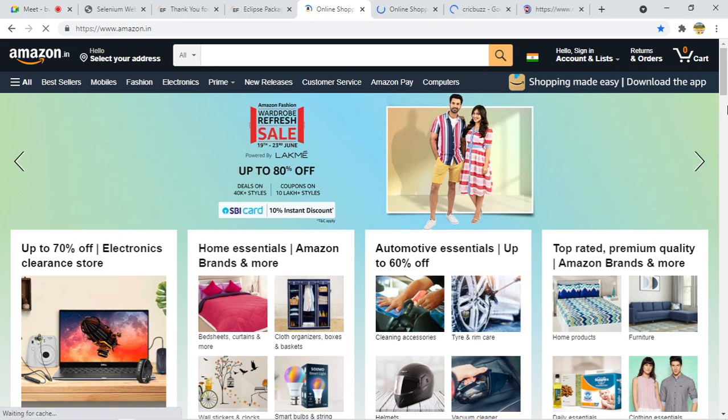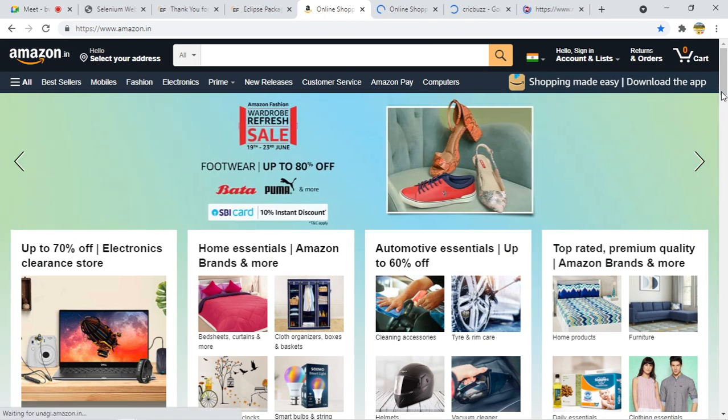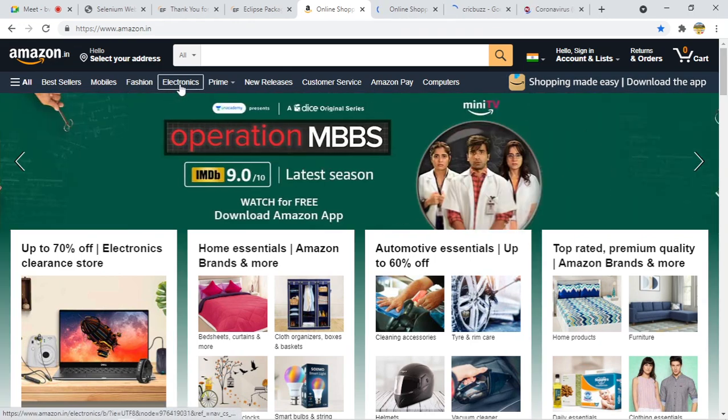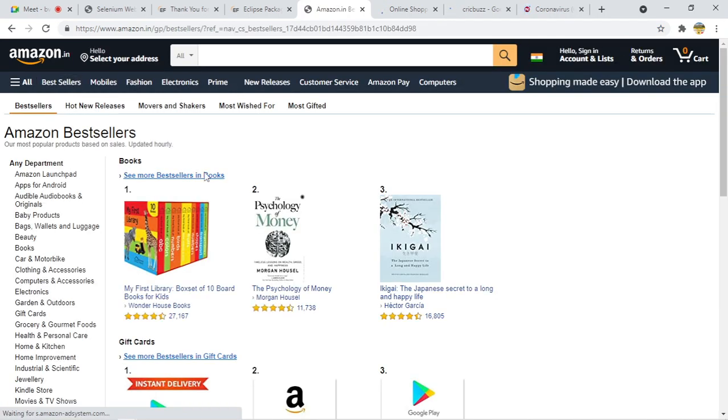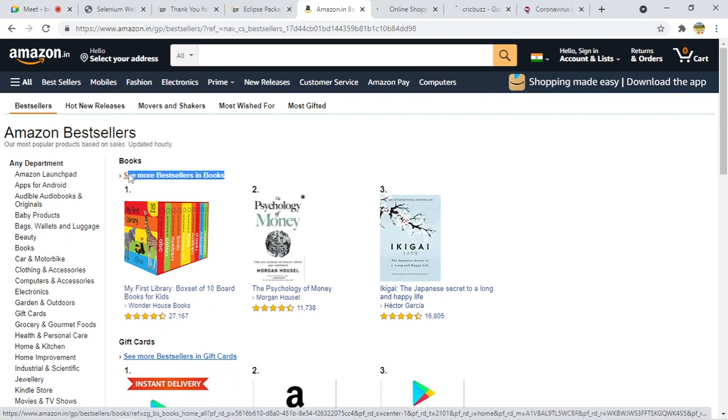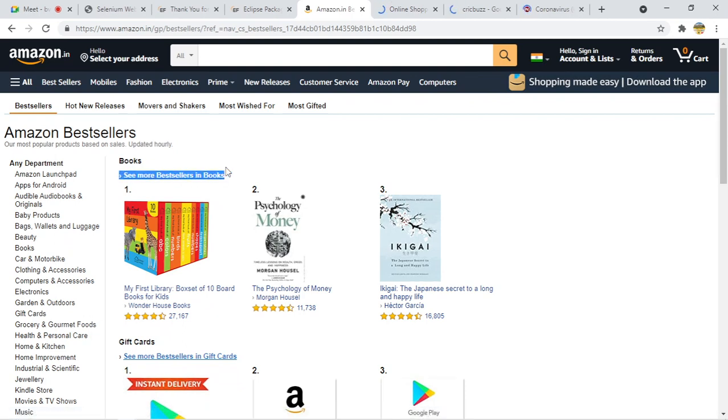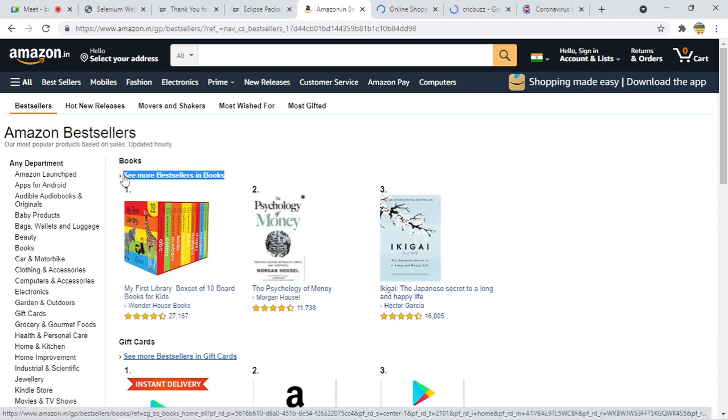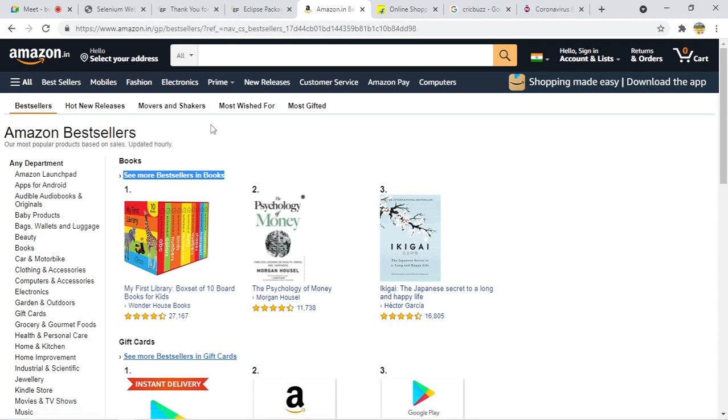Basically, suppose you want to test this website, and you are a manual tester. How can you test? You will check whether, if you click this button, Bestseller, you are able to see this text or not, right? If you are a manual tester, you will see it manually with your eyes. But through automation, we will make sure that everything is checked through code. This is basically what Selenium does. Whatever manual work you do, you write the code for that, and you can run that code on a daily basis to check whether this highlighted line is present or not, right?